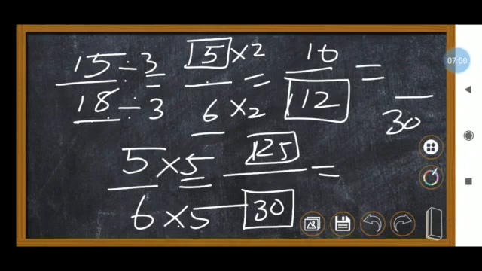Okay, so this is called equivalent ratio. When we are multiplying or dividing by the same number in the denominator and numerator, we will get one number that is called your equivalent ratio. So now we checked that. All of them are equivalent ratios only. Simply if we cancel, we will get the same fraction 5 by 6. So it is the case that all of them are equivalent ratios.